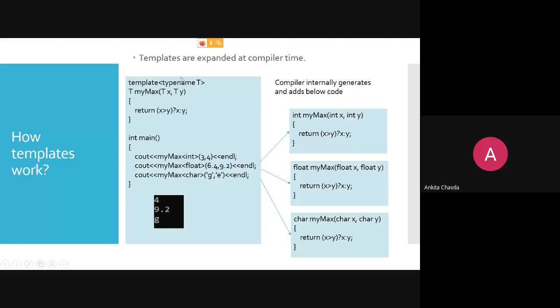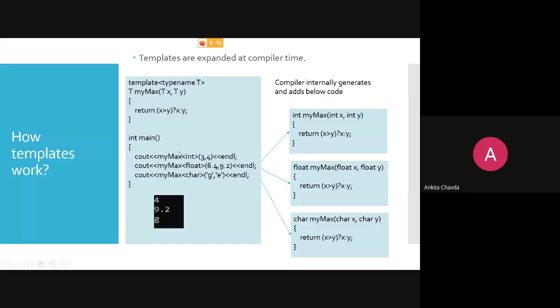Here you can also use the keyword class. Both will work, right? So you are saying template, and between the angle brackets the data type will be given, and whatsoever data type is given at the time of the function call, you need to consider that as the data type of this function's return type as well as for your formal parameters, right?